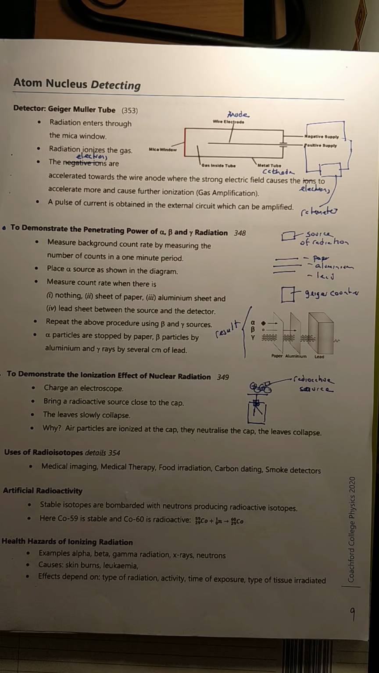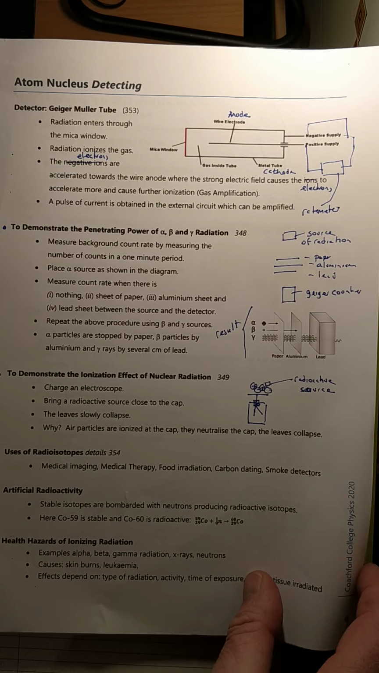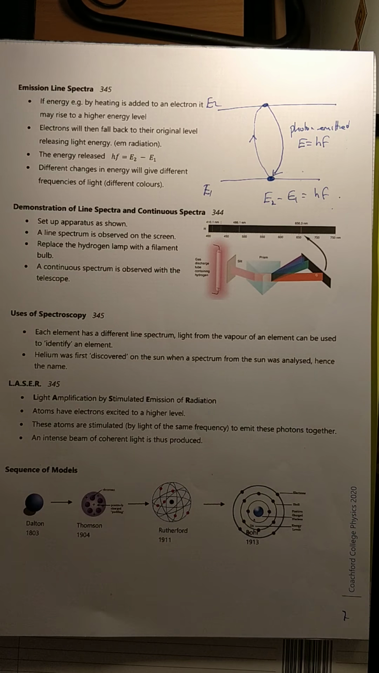Okay, everybody happy enough? So that's the diagram of the tube, and the rest of that page is sorted. Right, that's page 9. If we move back then 2 pages to page 7, quick look at emission of line